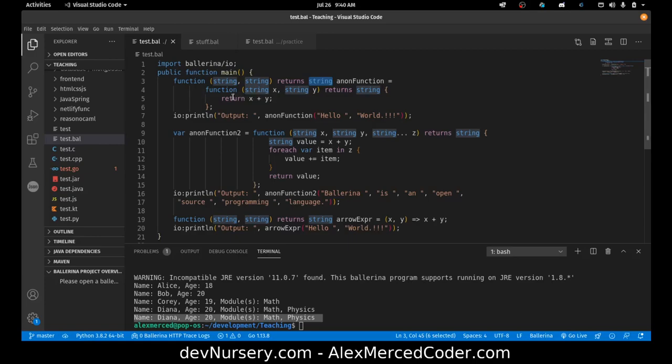Okay, all you're doing is just assigning a function to a variable. So basically, you just use the same function syntax. You just don't put a namespace in there. You just assign it to a variable. So you see, it's just saying,